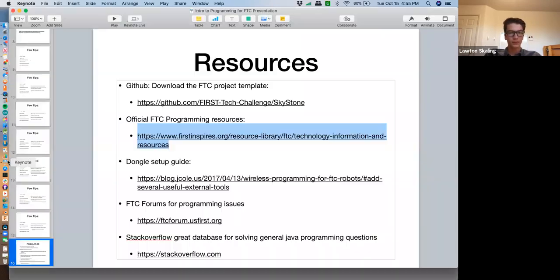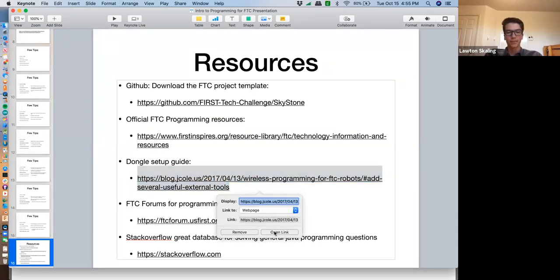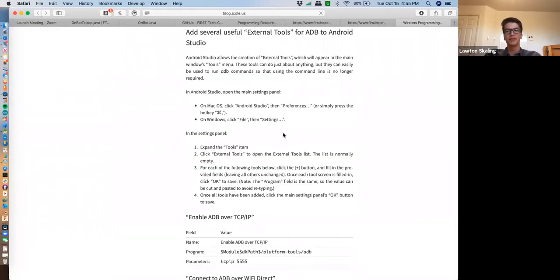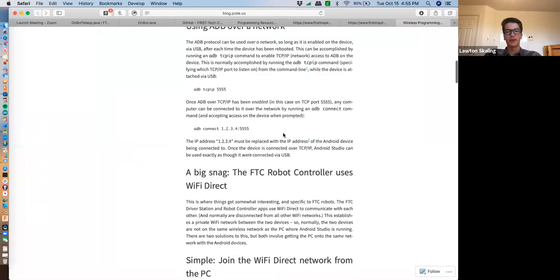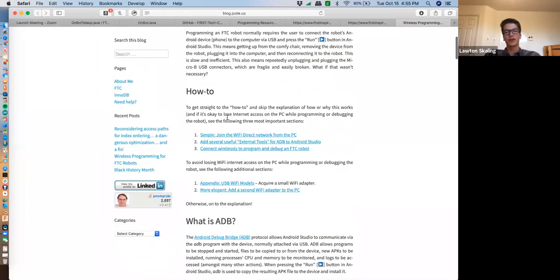Anyway. And then, like I was saying with the dongle, which allows you to connect to a phone, along with a Wi-Fi that can connect the internet. This is the link that I use to connect it. It can be a little confusing, but I think this does a good job at explaining how it works and how you get it started, and also how to integrate it